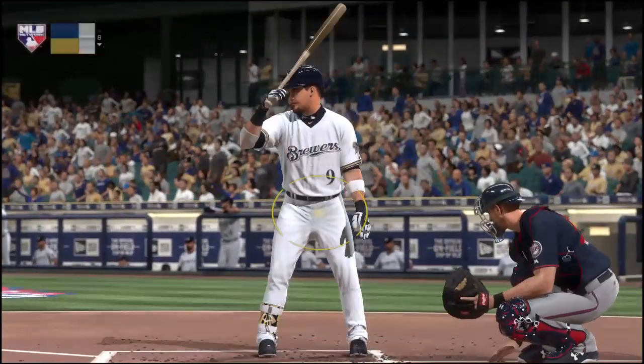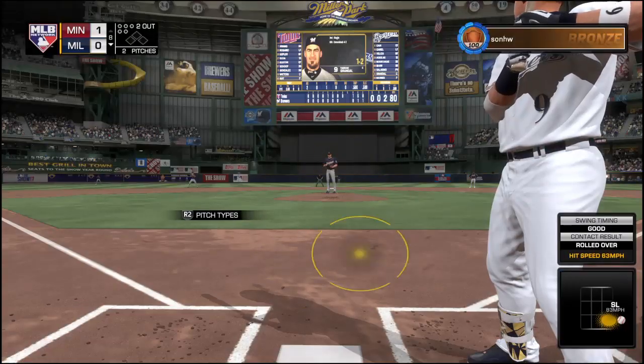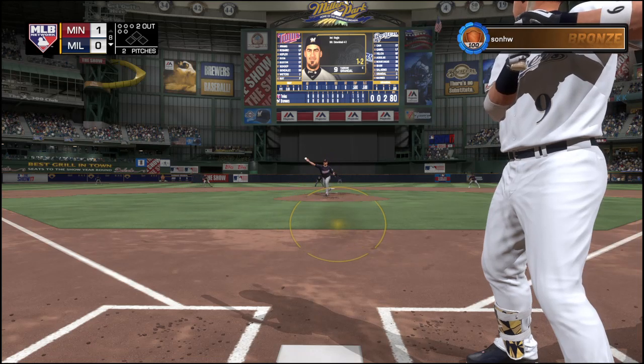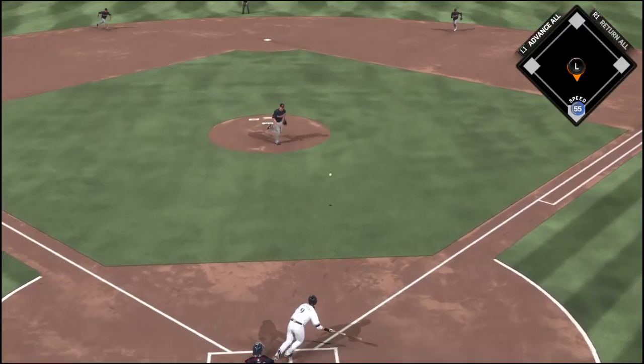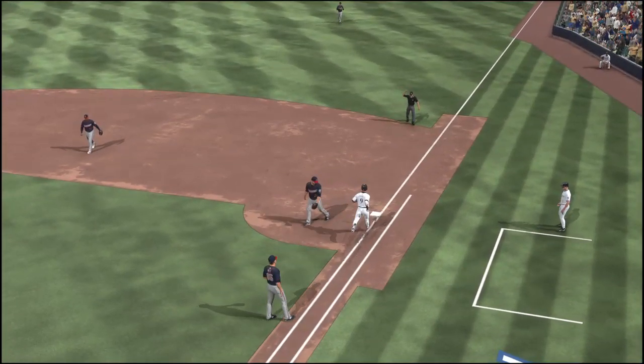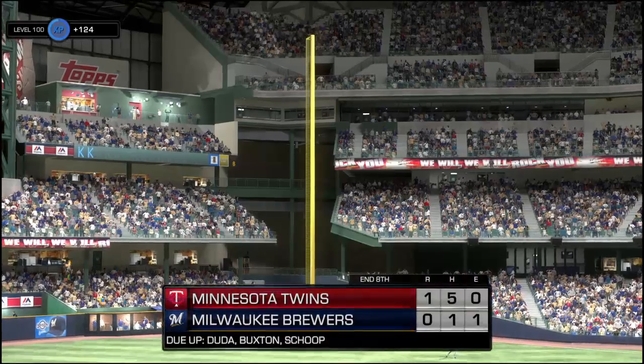Here's the catcher, number 9, Yasmani Grandal. He singled in 2 trips to the plate thus far. Swinging, a ball hit softly on the ground. On to first, and they don't come any easier than that. A 3-pitch inning, and the side is